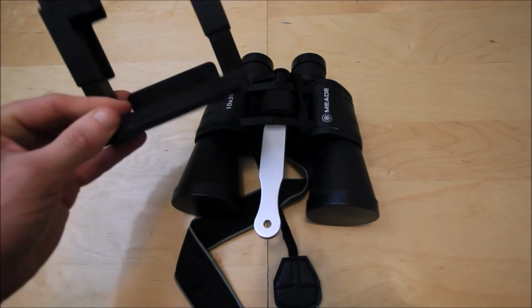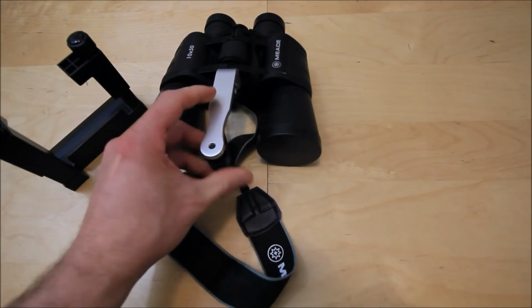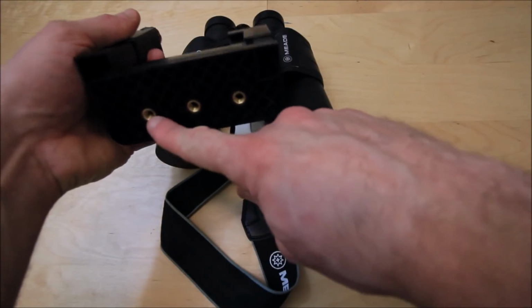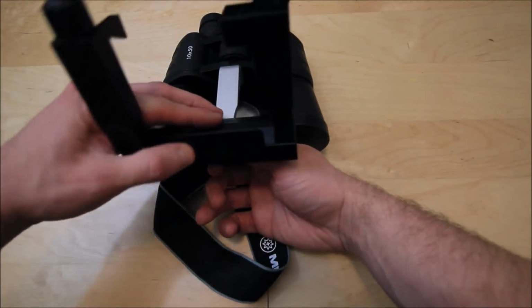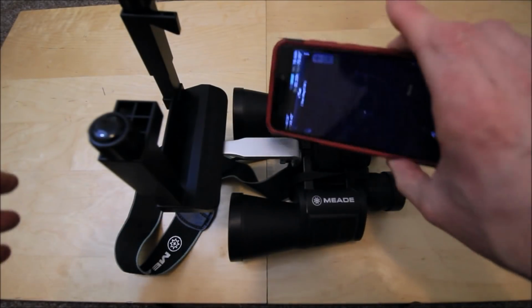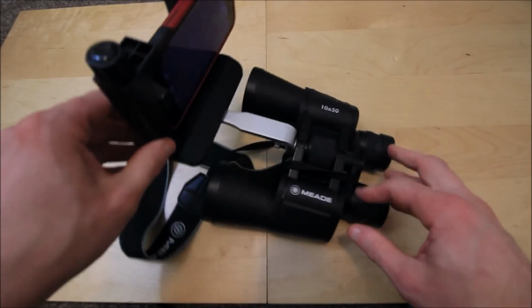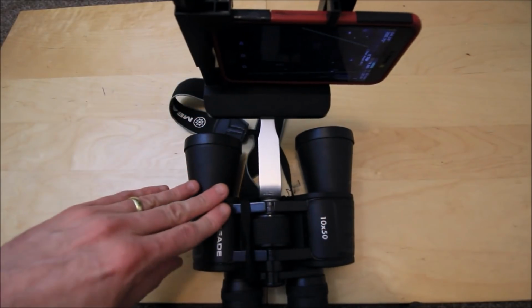And the device is quite simple. Depending on how you attach it, you just put the provided knob like so, and then you're going to attach it to any of them brass fittings like so. And you're just going to attach it on there like so. That is now your bracket installed. You can then attach your phone using the Start app, like so, and then you just slide it in and lock it in place. There you have it. You've got your mobile phone attached to your binoculars, and that's one way